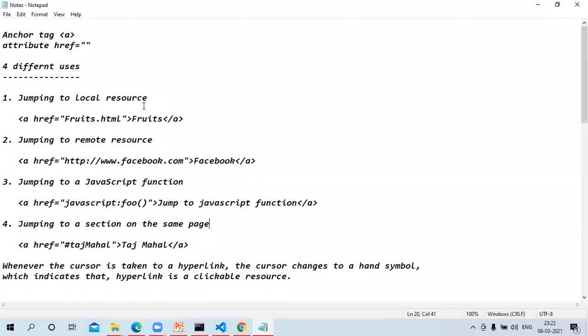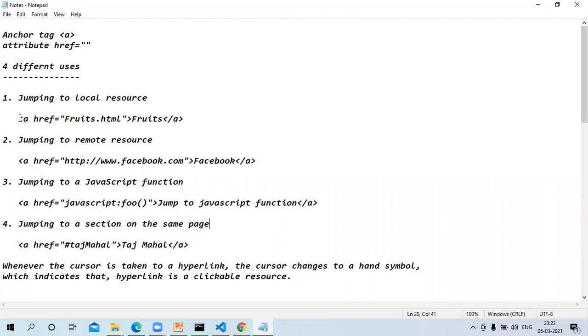So what is meant by a local resource? Local resource means, for example, an HTML file or whatever it is residing on the same machine. That is what we refer to as a local resource. For example, here fruits.html is residing in the same folder. If it is residing in some other folder, please indicate the folder here before this file name.